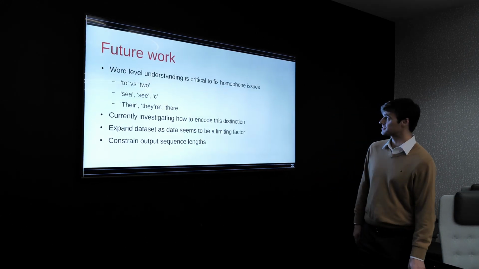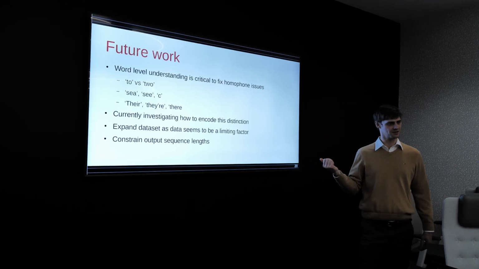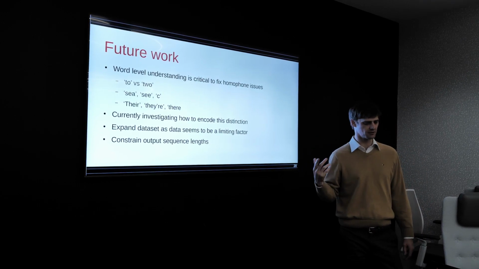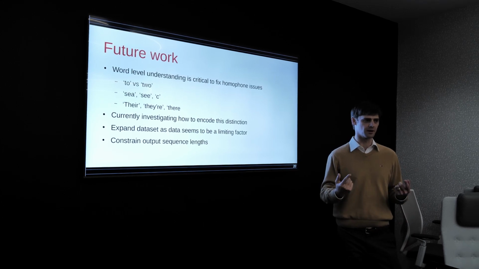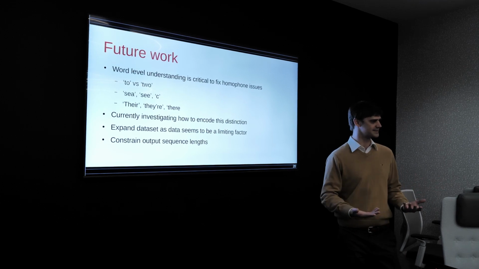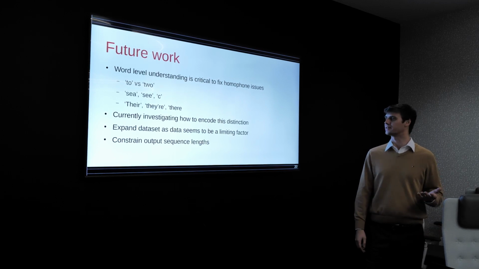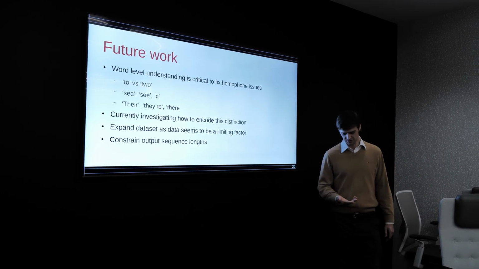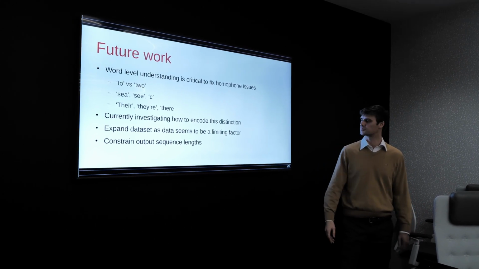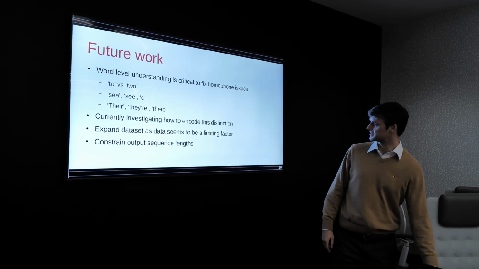So there's some interesting future work. I think that the next step that I'd like to do is trying to figure out how to solve the homophone issue. Ultimately, I think we need more of a language understanding and grammatical understanding in order to disambiguate between 2 and 2, C, C, and C. These things are identical when I say them, at least in this dialect. So I'm still investigating how you might encode that distinction. The other issue is probably that there are shortages in data, which could contribute a lot to performance. And like I said, I think I'd like to constrain the output sequence length.